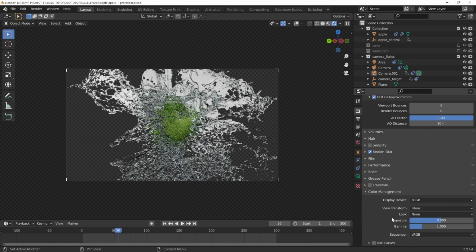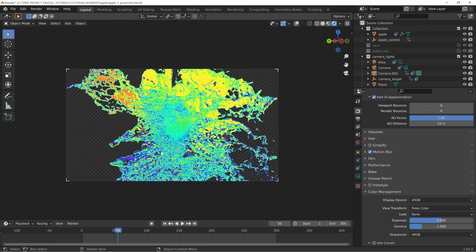If we go over here to the render settings and you go down the list to color management, most of you have only used this to change the view transform to Filmic. Now, what you want to do is change this to false color. And what this does is it's going to show you areas that are not going to be calculated as far as the color value. And to simplify this as best as I can without getting too complex,